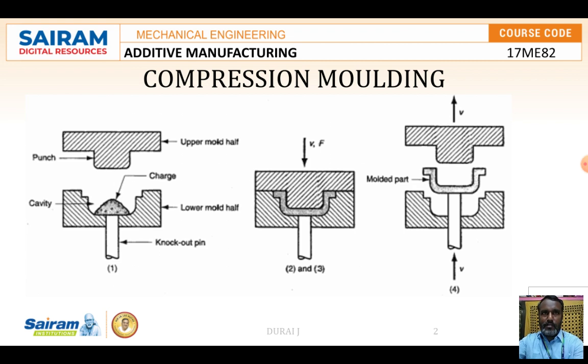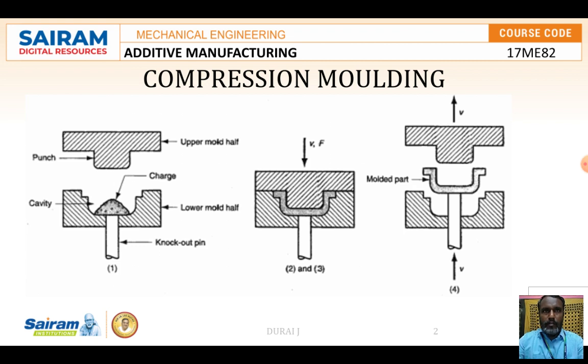This is accomplished by a hydraulic press. Mainly the force is given with the help of the hydraulic press with heated platens. The molding temperature and pressure can be as high as 200 degrees centigrade and 70 kilogram per centimeter square. The actual temperature and pressure depend upon the rheological, thermal and other properties of the plastic material to be molded.